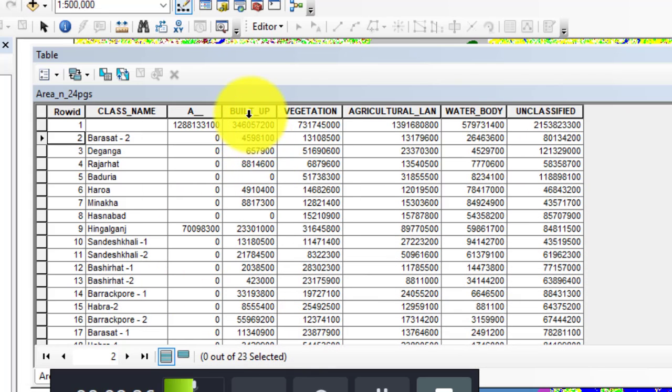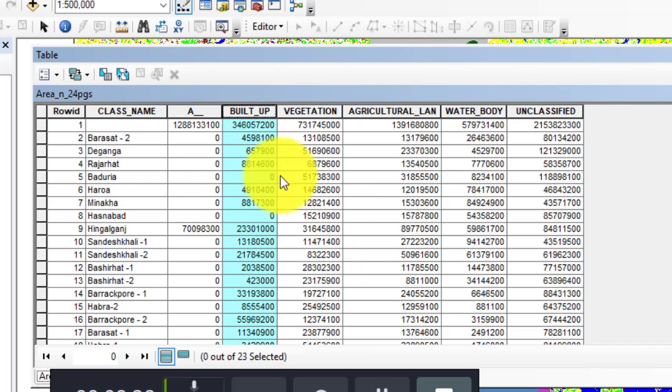So how to convert the area from meters to hectares? Just select the field. The mathematical calculation behind that: if you want to convert the data from square meters to hectares, you have to divide the entire value